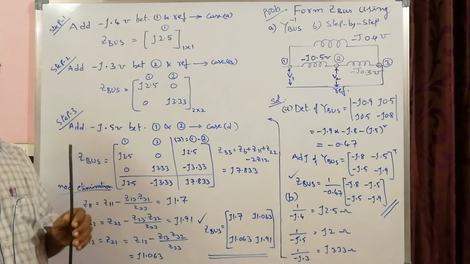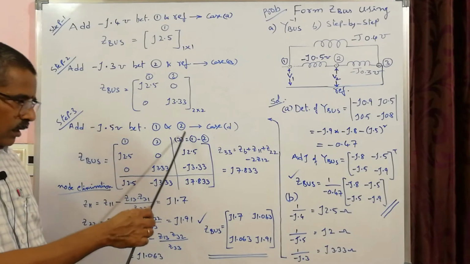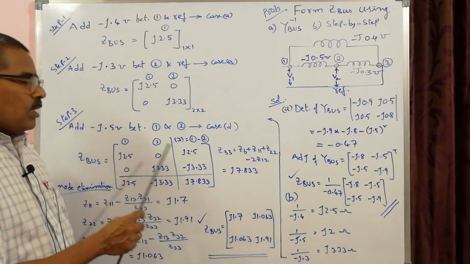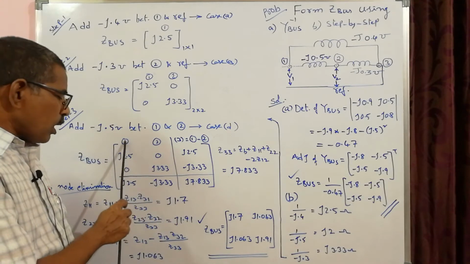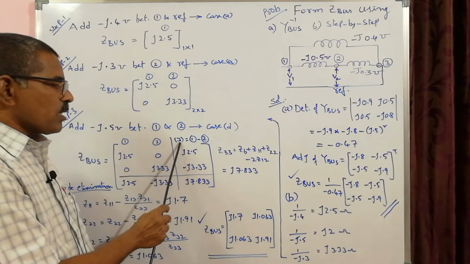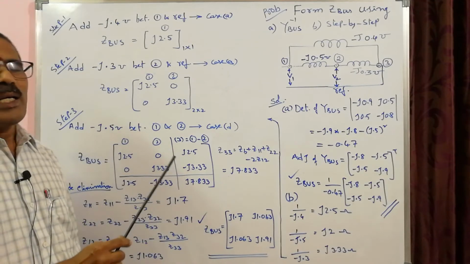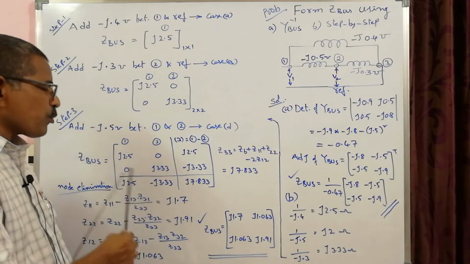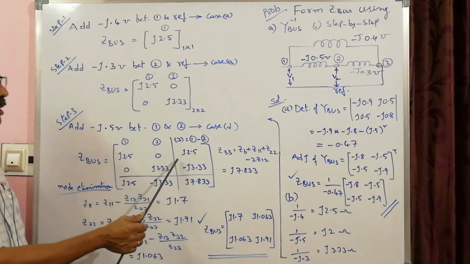Okay. So, case D, what is the procedure? You need to generate a third row and a third column with elements 1 minus 2. You are adding between 1 and 2. So, column 1 minus column 2, you generate this. And this is temporary, as I said, that is why I am keeping this in brackets. Third column, third row, they are temporary. They are to be eliminated. Apply node elimination technique. Update all these 4 values. That gives you final Z bus. So, I am doing that.